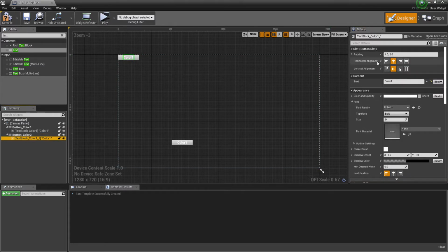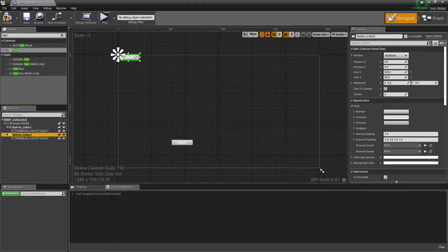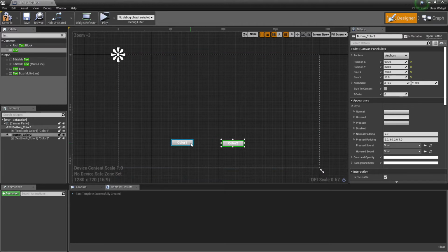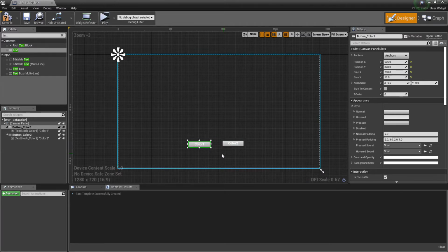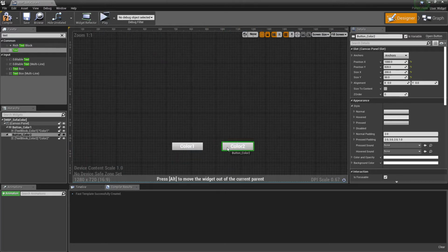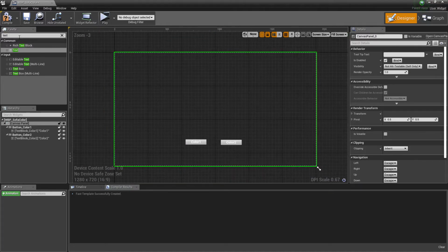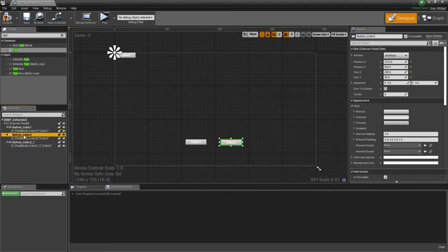Rename everything accordingly. Create another button to go back to the game after material swap.